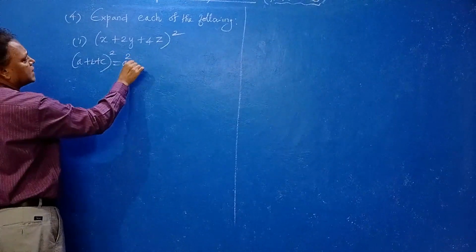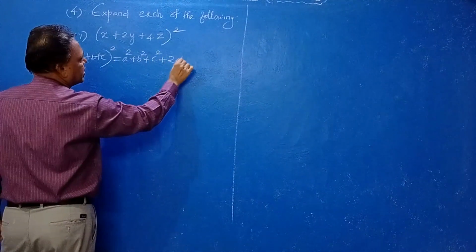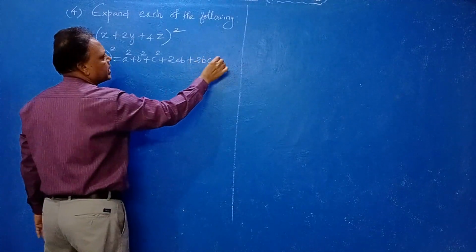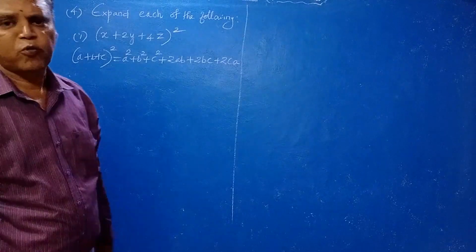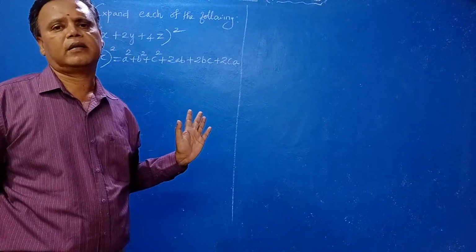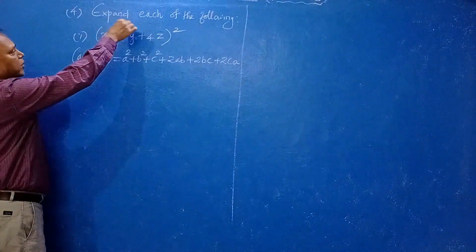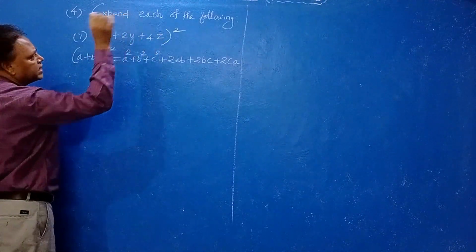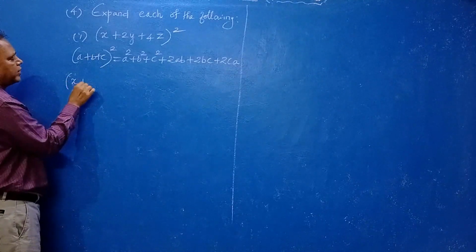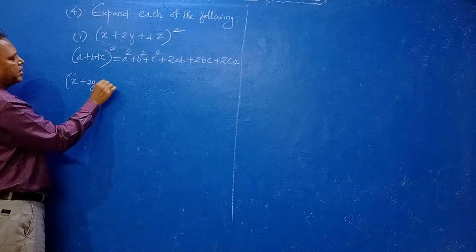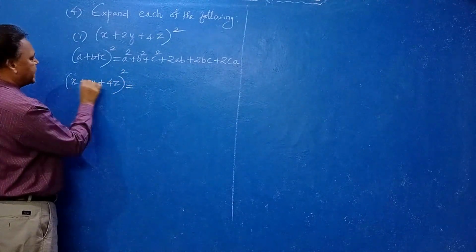a square plus b square plus c square plus 2ab plus 2bc plus 2ca. Okay, you have to remember this formula. Only then can you do this problem. Here, understand? So now a is x, b is 2y, c is 4z. So just apply. Therefore, x plus 2y plus 4z the whole square can be written as a square, that is